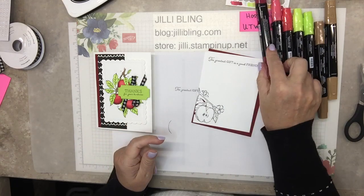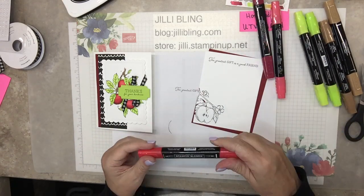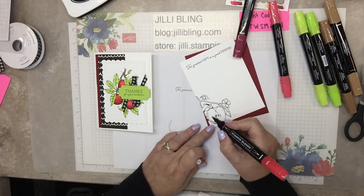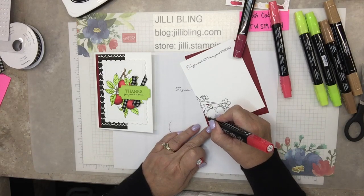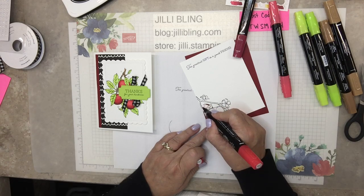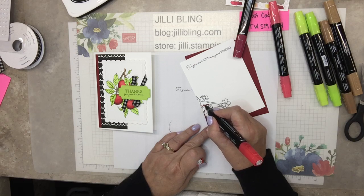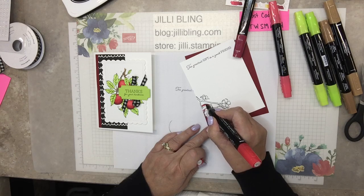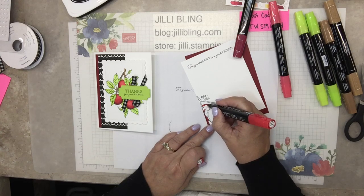Okay, and then next is Poppy Dark, and I probably should have done that apple too. Yeah, these are kind of small areas. So just thinking, where do I want the Poppy Light, which will be like where the sun is hitting it? Poppy Light is going to be this circle right here. So, because that's going to all be Poppy Light, this is just going to be Poppy Dark. And fill it in right out to that